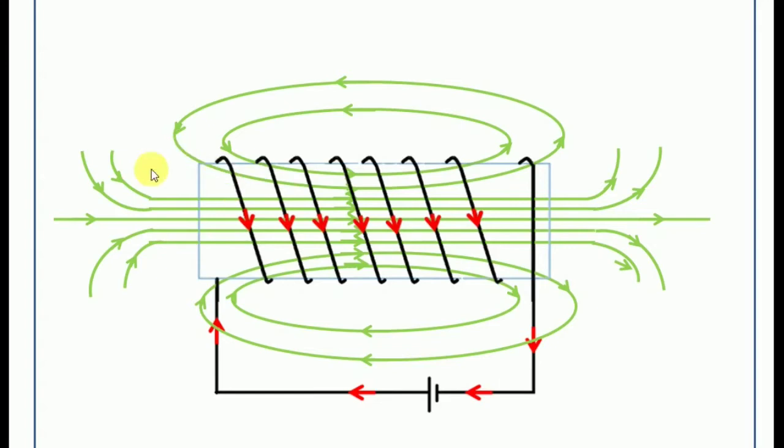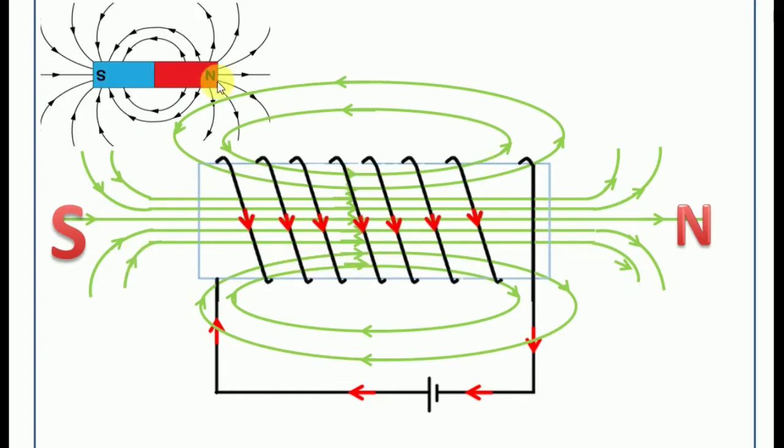You can see magnetic field lines are entering from this side and coming out from this side for all the loops. We got this due to the addition of the magnetic field due to each coil. As the magnetic field is entering from this side, we can consider it to be south, and out here the magnetic field lines are coming out, so we can consider it to be a north pole. And if you see the magnetic field lines properly, it is similar to that of a bar magnet.